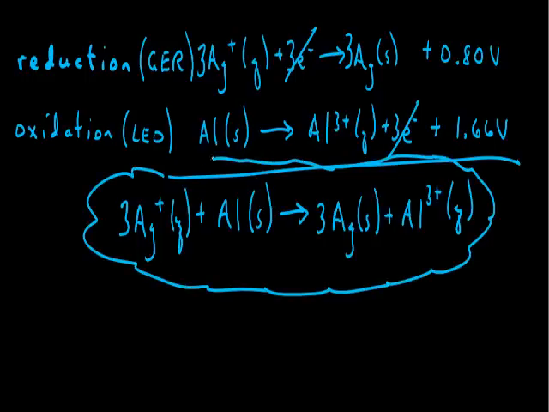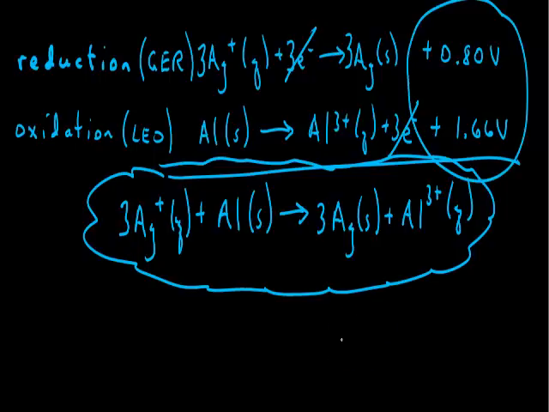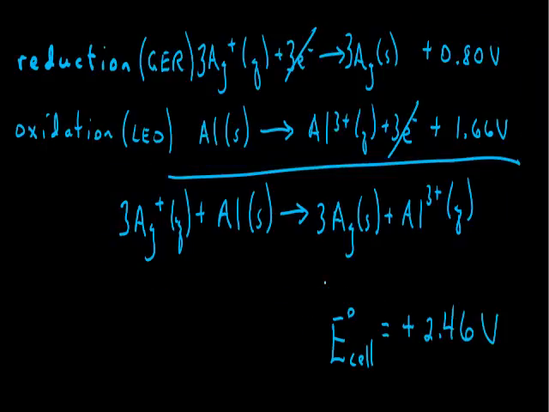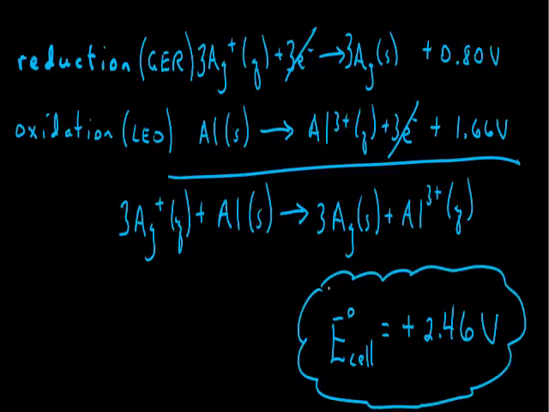Now we also need to add together the half reaction potentials to give us what's known as our E cell value. The calculation right now is for standard conditions, so the voltage that we would get right now would be representative of when we have 1 molar concentrations for our aqueous solutions. Adding together the two half reaction potentials gives us an overall reaction potential for the electrochemical cell of